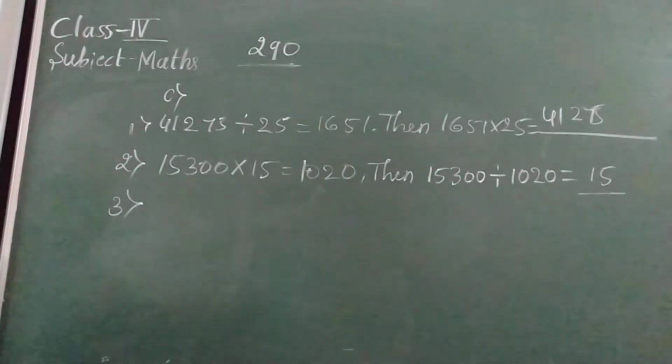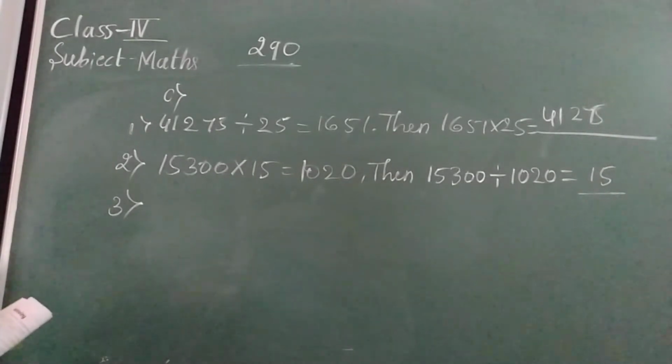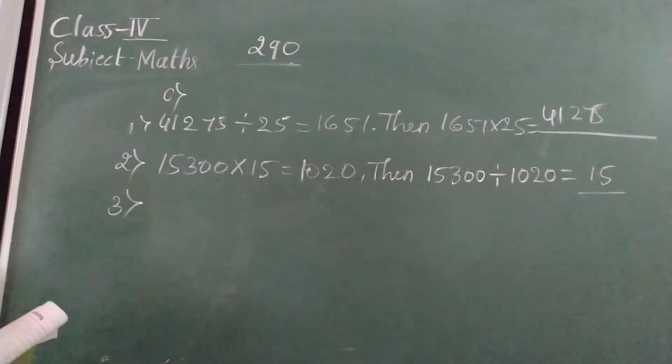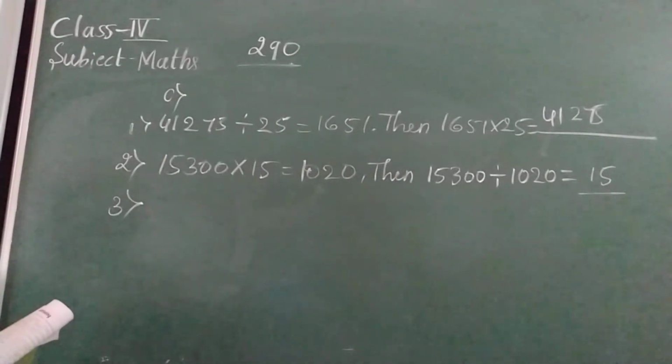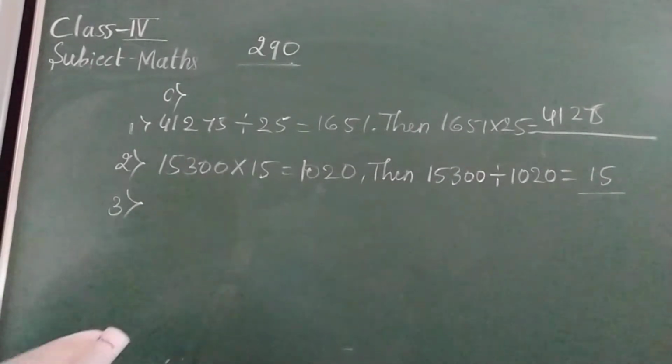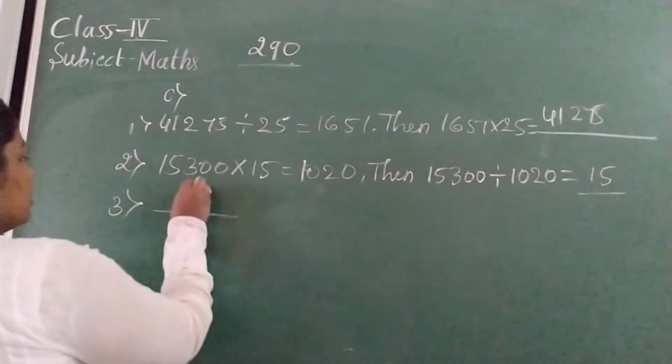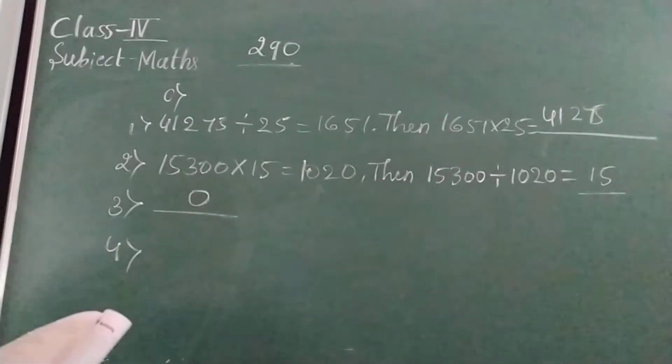Third one, if A and B are two non-zero numbers and on dividing A by B the remainder is 0, we say A is divisible by B. So the answer is 0. Fourth, if